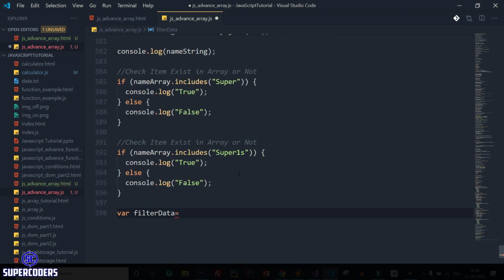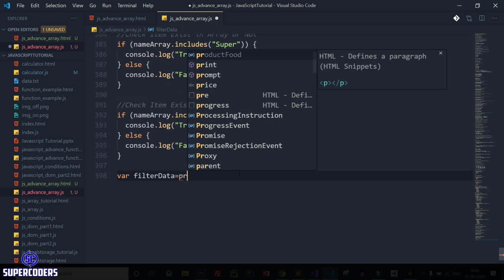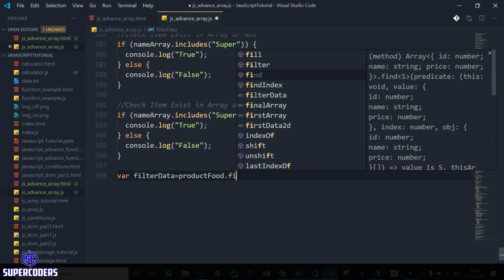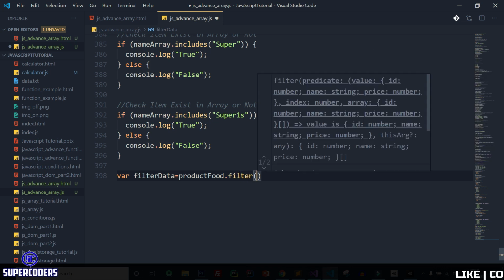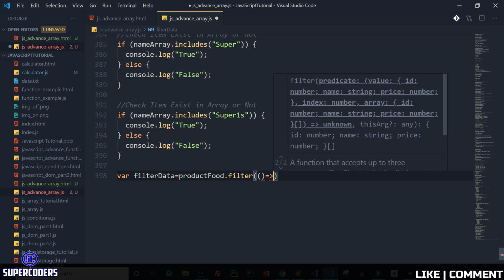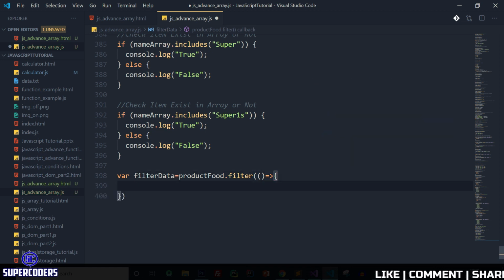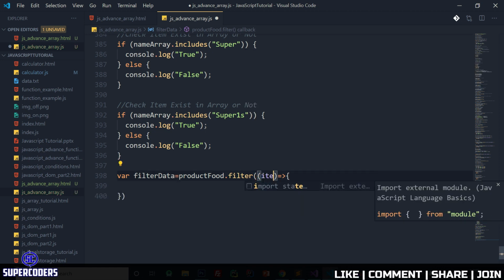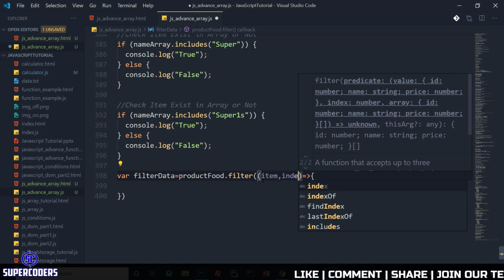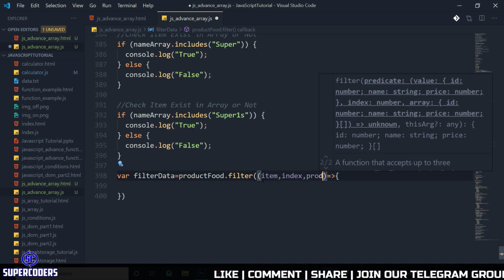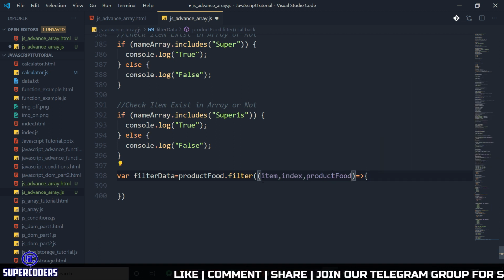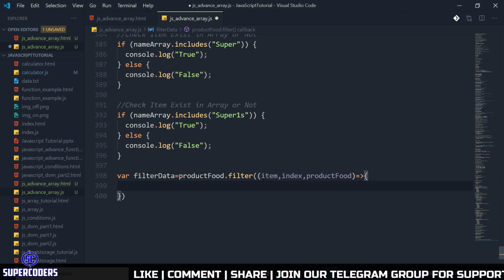So here product food dot filter, after that arrow function, then function body, and here item, index, and product food. So here we need to use the filter method.